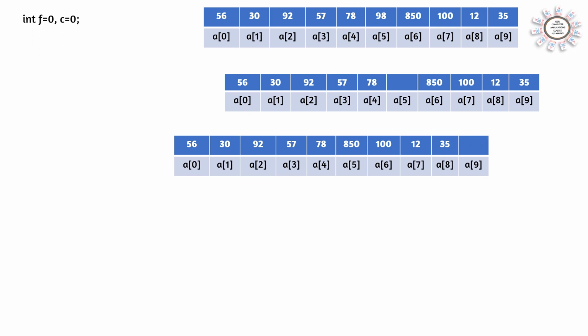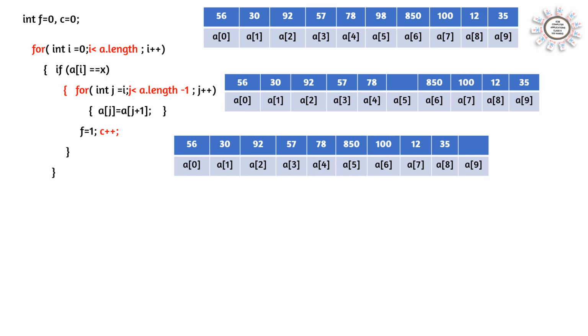Here we have taken two variables, int f is equal to 0 and c is equal to 0. For example, we are inputting 98 to delete. If the number is present, f will become 1. And if the number is not in the array, f will remain 0, and this will help for printing in the end. And c is for counting how many times the particular number is coming. If the number is coming one time, that means one cell less we have to print. If it is coming two times, two cells less, and if three times, three less. So c is for counting how many times the number is coming.